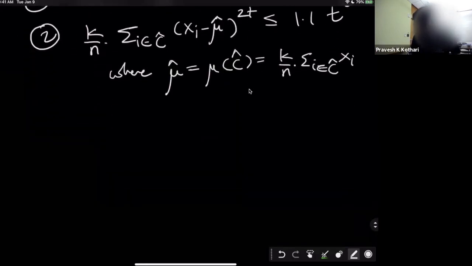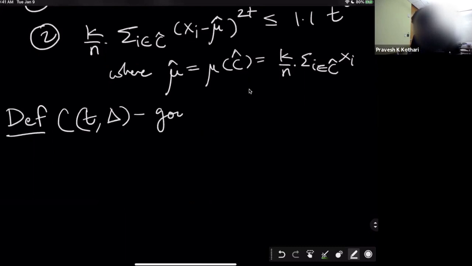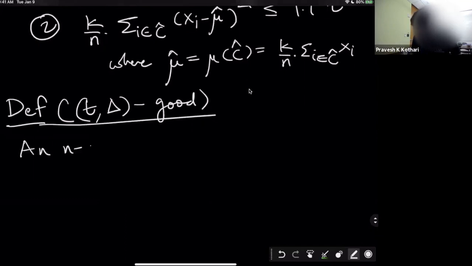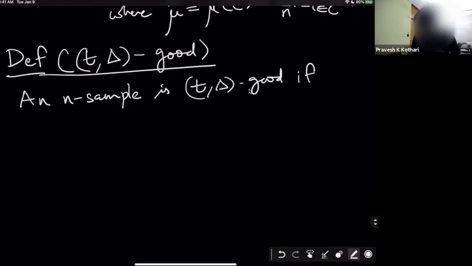So, for completeness, let's make a definition so that I can use it again. I'm trying to identify the property of a typical sample under which all true clusters will pass this check. So I'm going to define a sample to be t delta good. I'm going to call an input sample t delta good if, looking at a sample which has this true cluster partition C1 union up to CK,